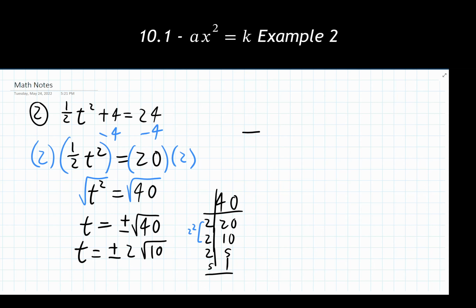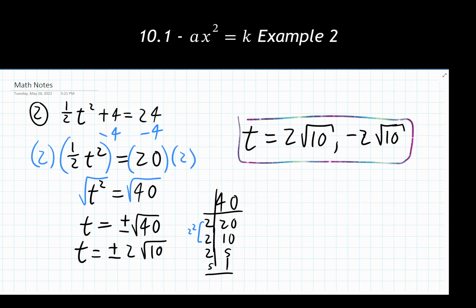So somewhere nearby, we want to write out for ourselves our answer is 2 square root 10 and negative 2 square root 10. Again, make sure, depending on what your class and your instructor in that problem is asking you, maybe you need to write it out in this form. Maybe you can just use a calculator and write it out as a decimal instead. Make sure you're double checking that before you log your final answer.